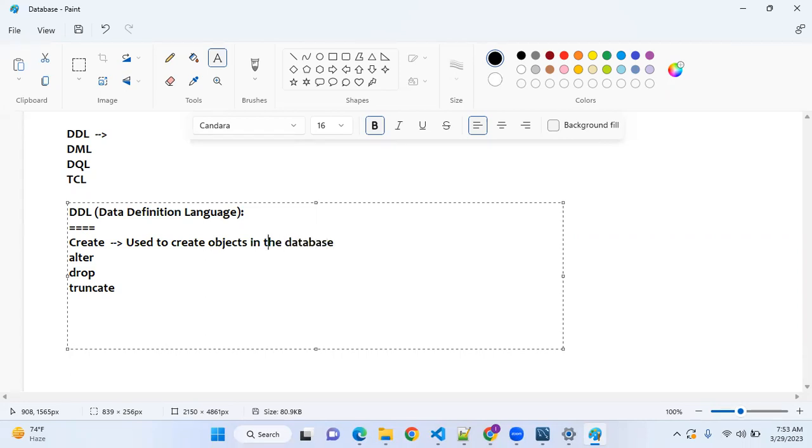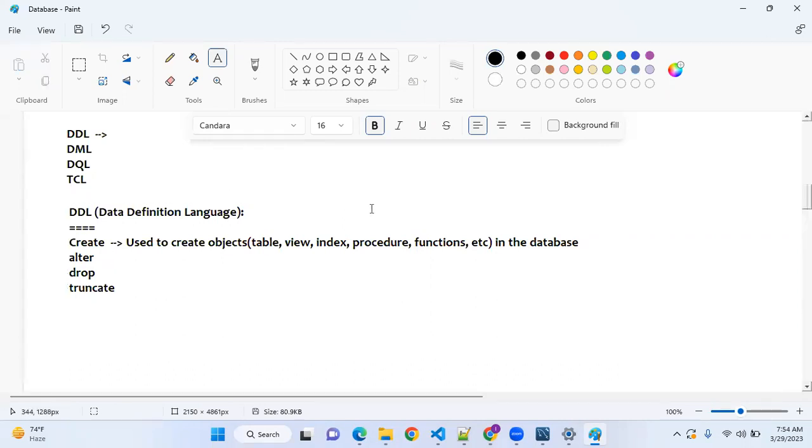When I say objects: table, views, index, procedures, functions, etc. Okay, if you want to create any object in the database, you need to use a command, or a query, called create. Okay, alter, I don't want to talk about it now because that is a little big concept. We'll discuss it later.